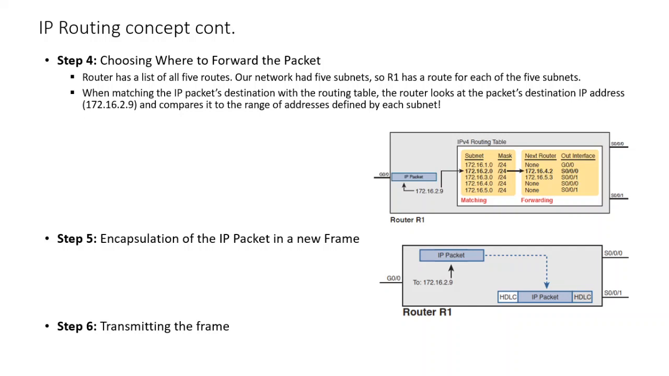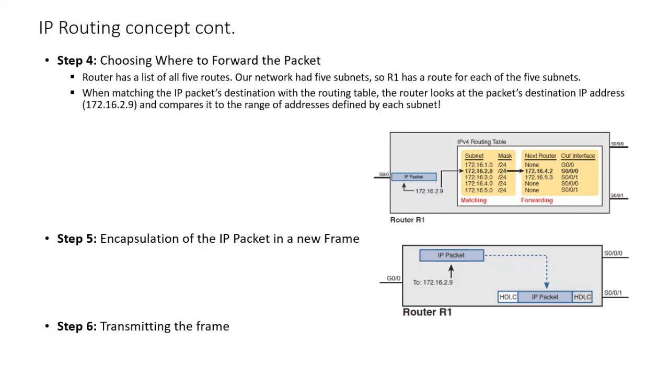The router now has the list of all the other routes. The network has 5 subnets, and the first router has a route for each of the 5 subnets. When matching the IP packet destination with the routing table, the router looks at the packet's destination IP address, which is 172.16.2.9, and compares it with the address ranges defined for each subnet. The next step is encapsulation of the IP packets in a new frame, and the 6th step is transmitting the